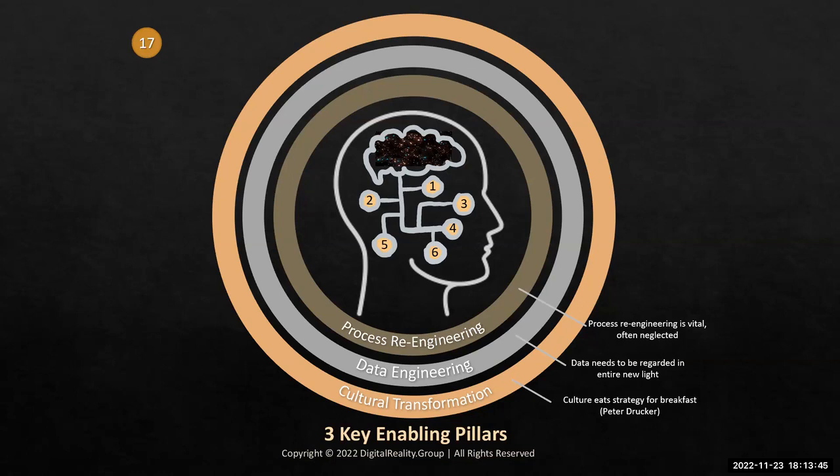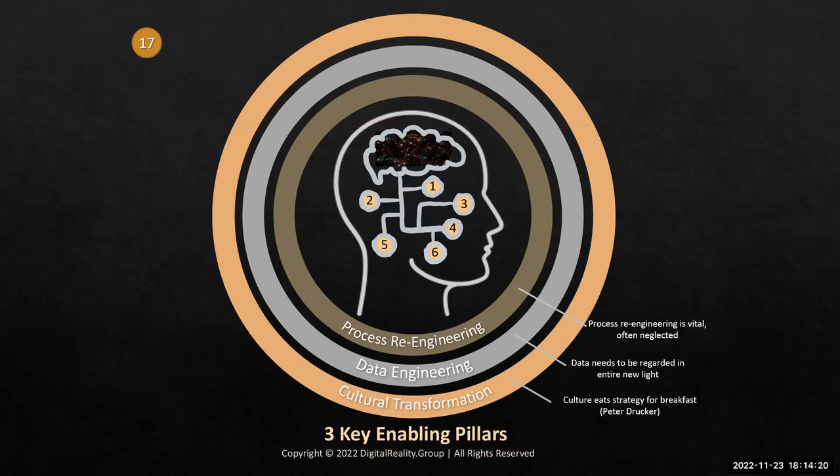amongst these 3. The queen is cultural transformation. Peter Drucker used to say, culture eats strategy for breakfast. That is very, very true. Because if you have a good strategy but bad culture, the company still fails. And if the company does not change its culture, you will find very, very little support for your AI project to live long. As soon as the specialists leave, everything will snap back to the old mean. So basically,